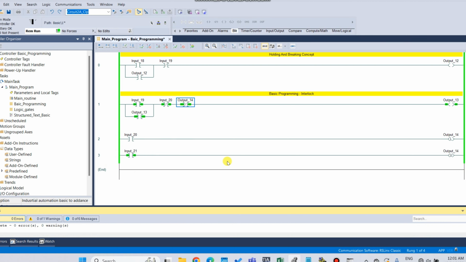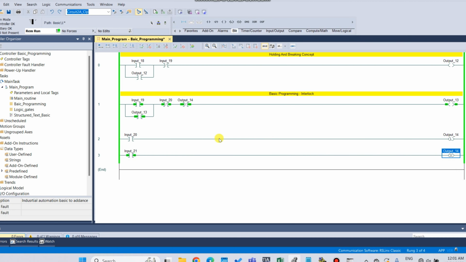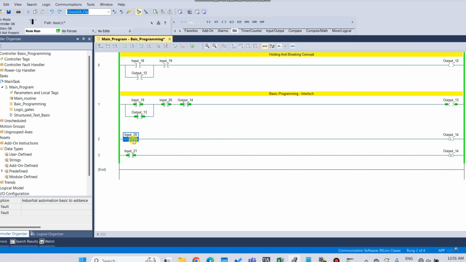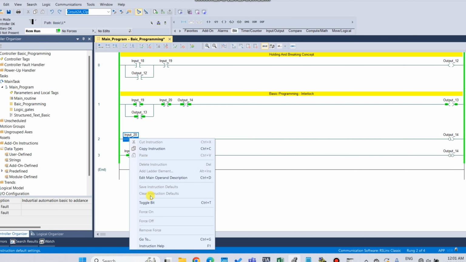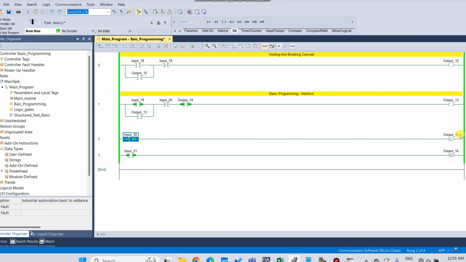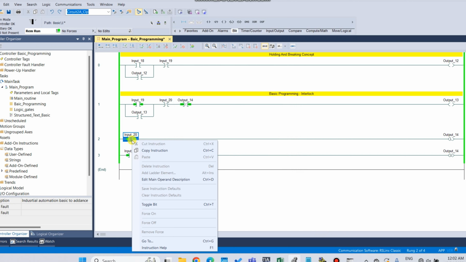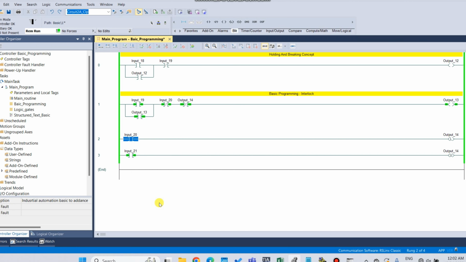When I select unlatch first, and after that I want to latch, but when we select the unlatch condition, we cannot latch.